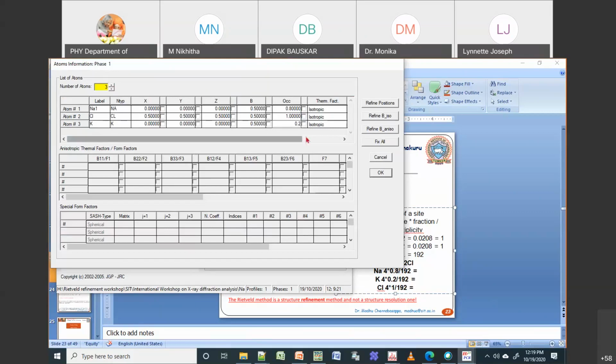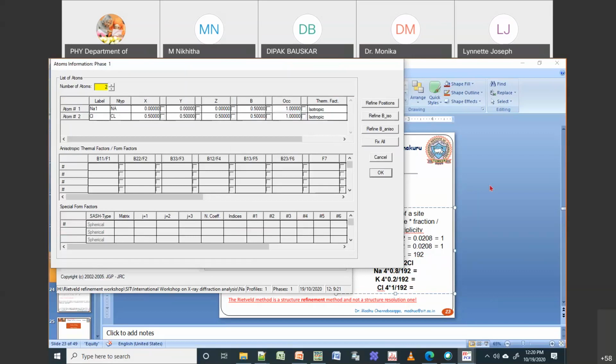Okay, so something like this. So accordingly I have to change this. Okay, so same thing with cerium oxide. If you have cerium oxide, and if you are doping zirconium in the place of cerium, then you need to take care of this occupancy. This is a fraction that you already know, because you know it when you are preparing your samples. In our case, I don't have this, so I'll just keep it like that. So these things you should keep in mind.